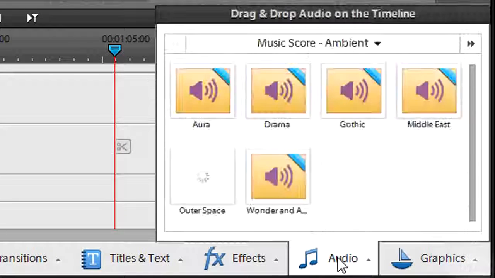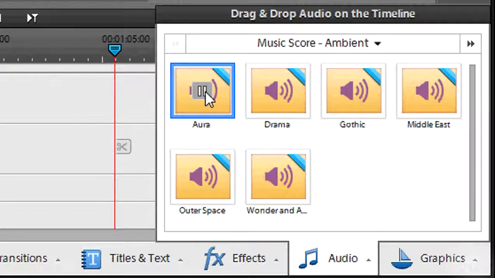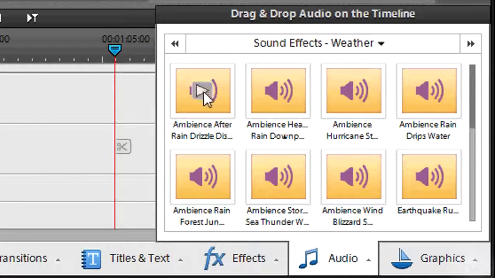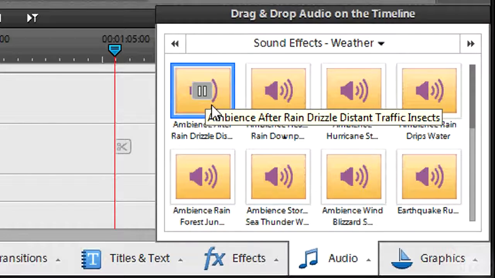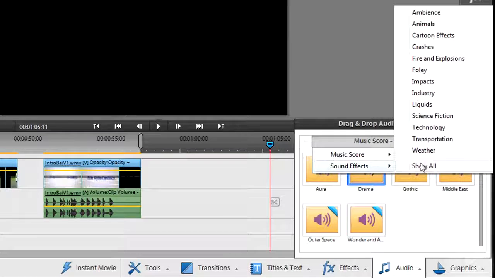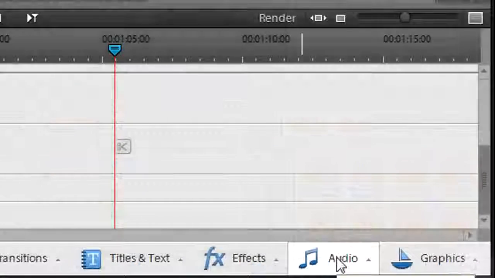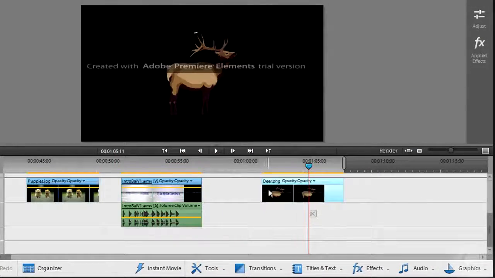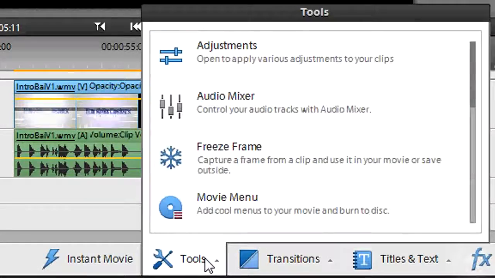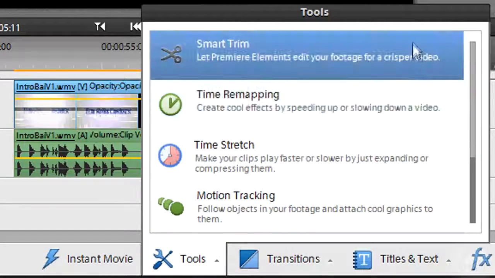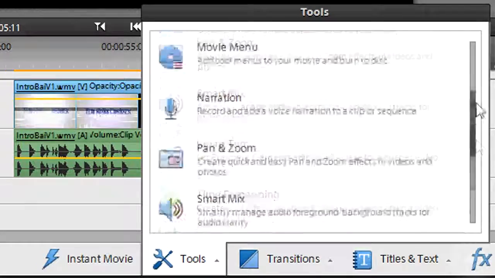Premiere has nice audio and image samples that can be used. Go to Audio to choose between soundtracks and audio effects you can use in your project. Click on the title to browse through the full collection. Go to Graphics instead if you are interested in sample images. You have here the Tools button as well. This contains advanced effects and tools to give a different point of view to your project. Try them when you are a little more